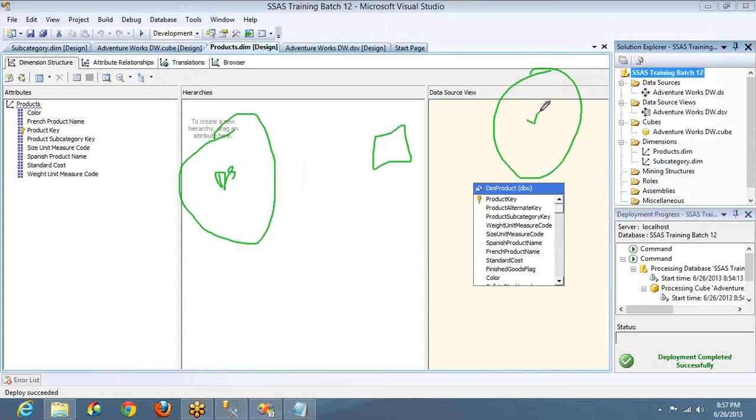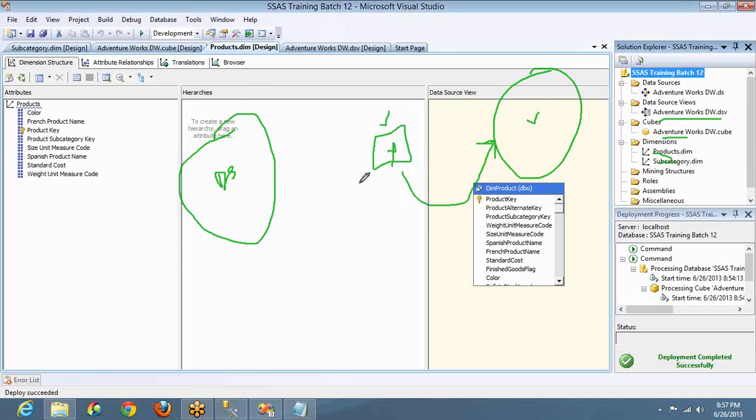Now, if I select build, it will go and check all the syntax errors in the solution, and it will list if there are any syntax errors. So the build option is related to the project or the solution that you have created. Deploy means there will be some structure, right? Structure in the sense the AdventureWorks one data source view and 2 dimensions and 1 cube, and this cube has 1 measure group and 1 dimension again added. All those things are called the structure of the cube. The structure of the cube will be taken and deployed into your server. In other words, the skeleton of the project, only skeleton.